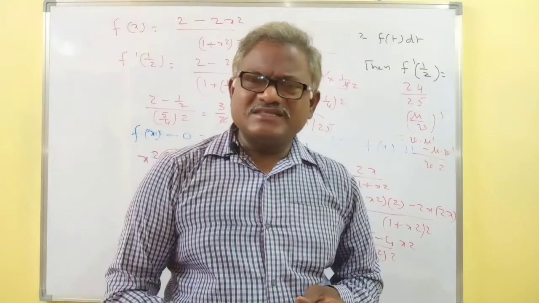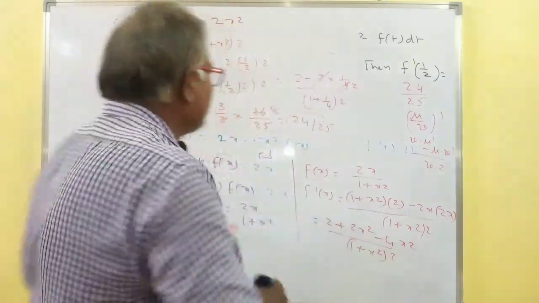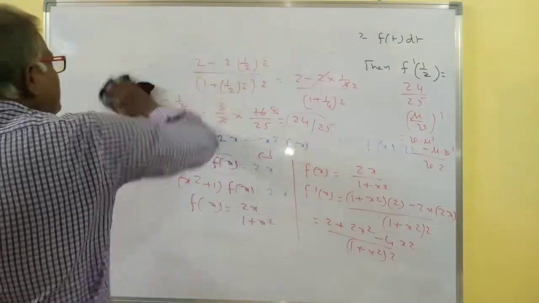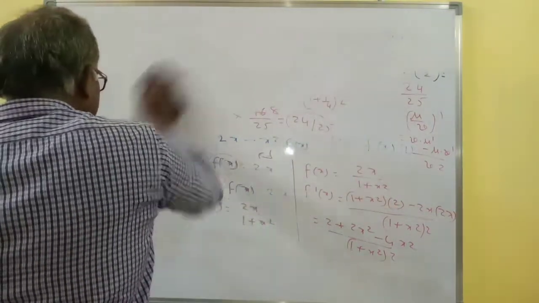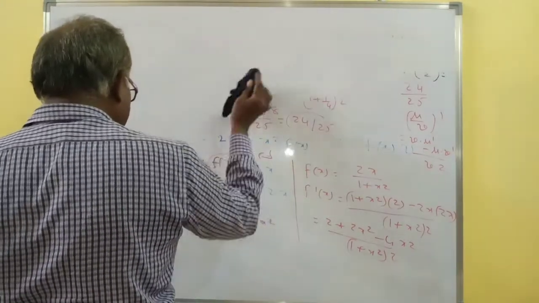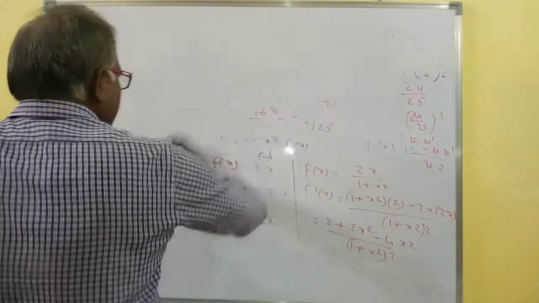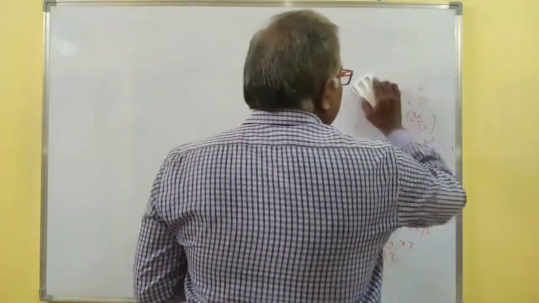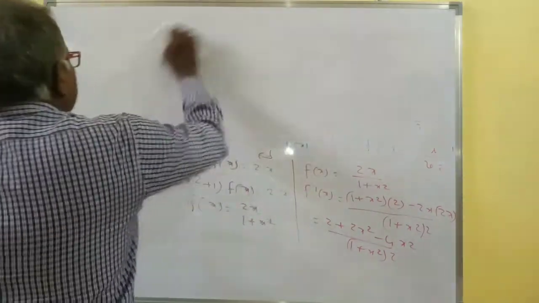Whenever integration is there, just use the Leibniz theorem, simple one. First of all, put in place of that function the value x, the upper limit, and the derivative of the upper limit, simple. Next, same one, put the lower limit value and the derivative of this one. So just you have to differentiate